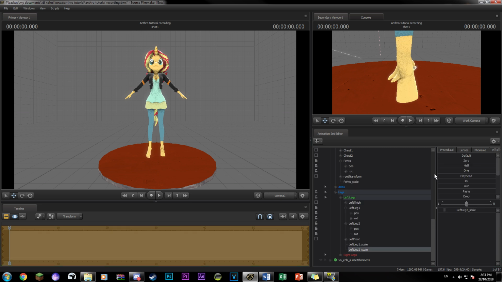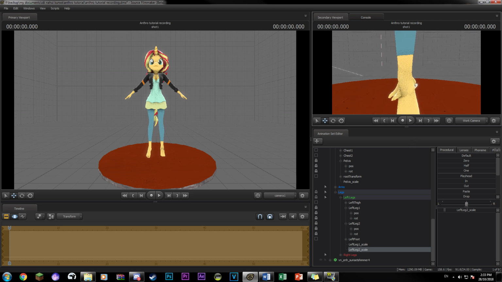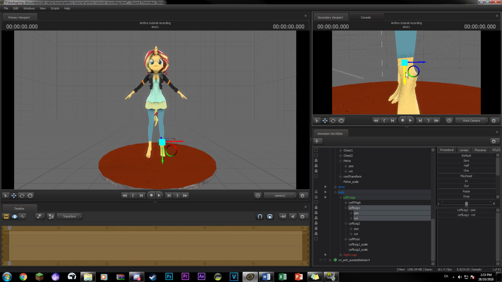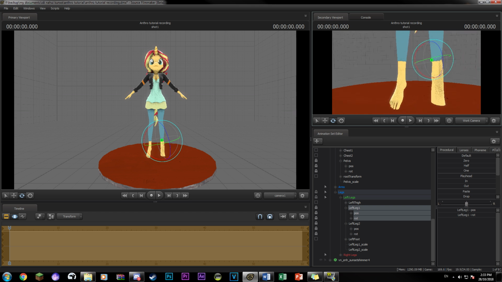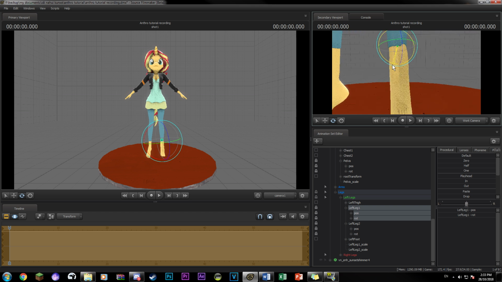Next is the slightly annoying part because you need to align the left leg 1 and left leg 2 bones in a way that it covers the foot but it doesn't show the foot when you rotate the Bipfoot L control. Generally with left leg 1 you want to move it up a bit. The end of the jeans on this model is a good indicator of where to move it to. Then move it back a tiny bit and rotate it forward to cover the leg. Check it over in other angles to try and eliminate as much of the clipping as possible.